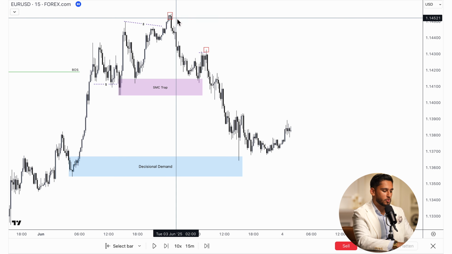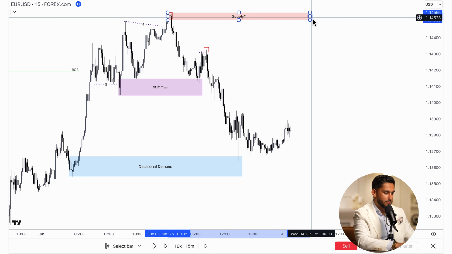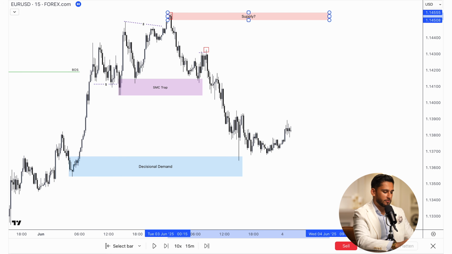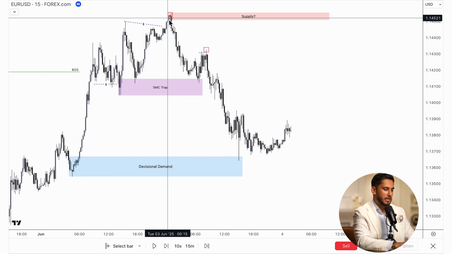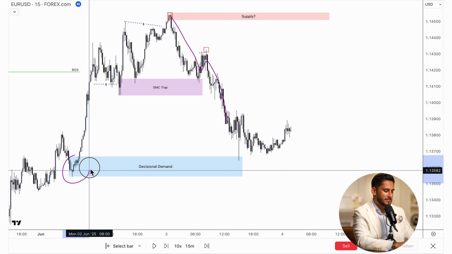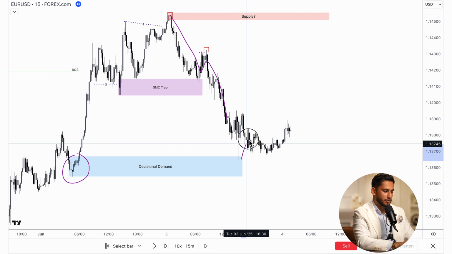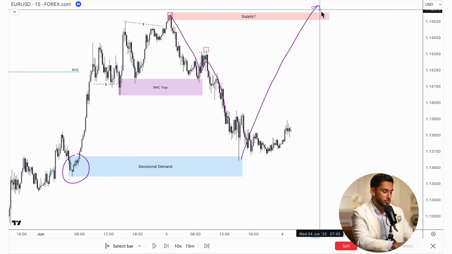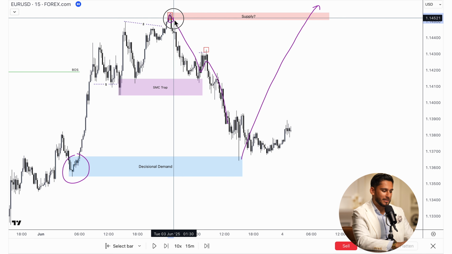have a supply zone inducement potentially. And the reason I say potentially is because it didn't lead to a full break of structure just yet. We had a supply zone that was an inducement that led to internal bearish price action, but it hits a decisional demand. So therefore decisional demand could make a new higher high. So we have to see who's in control, because yes, it is an inducement that led to bearish, but it